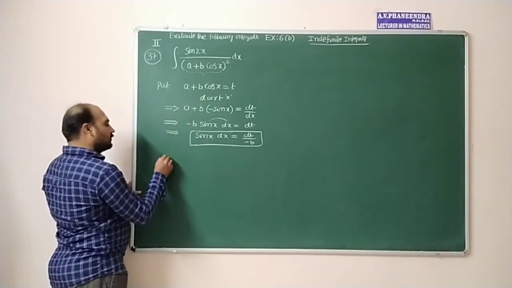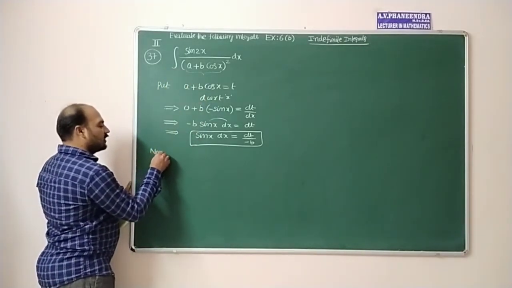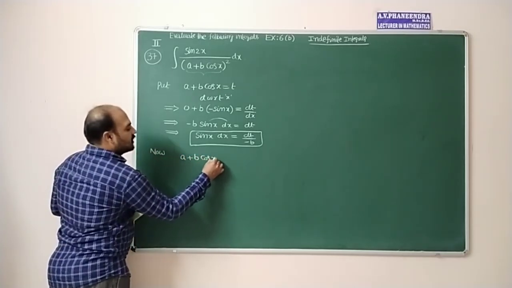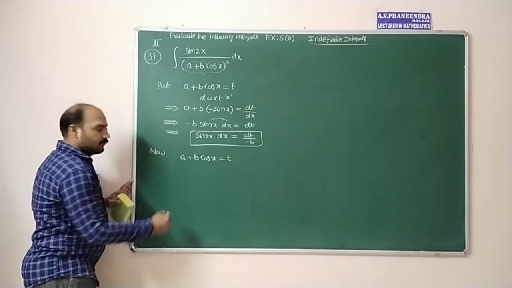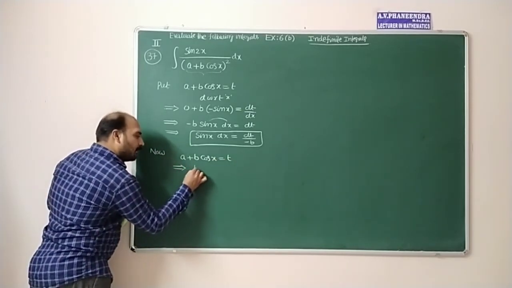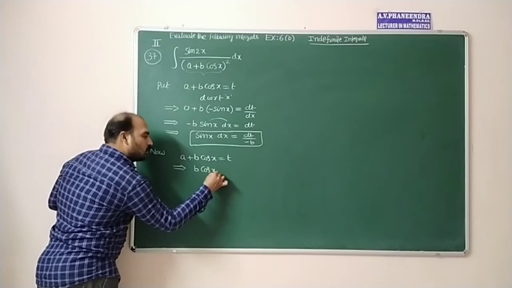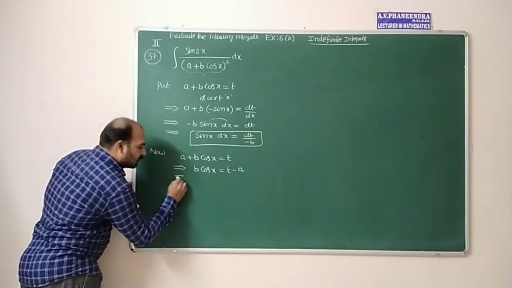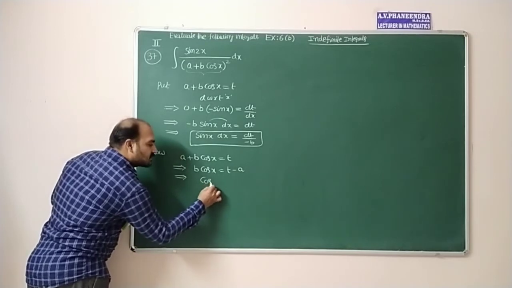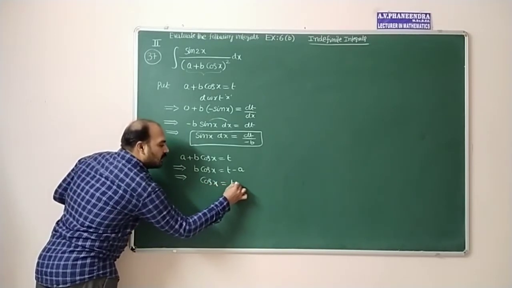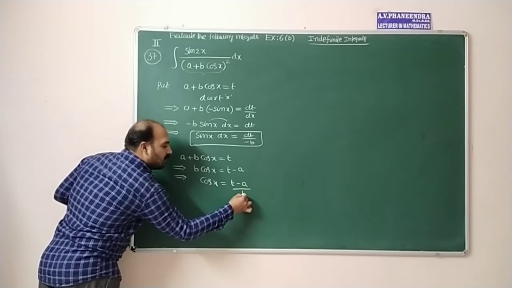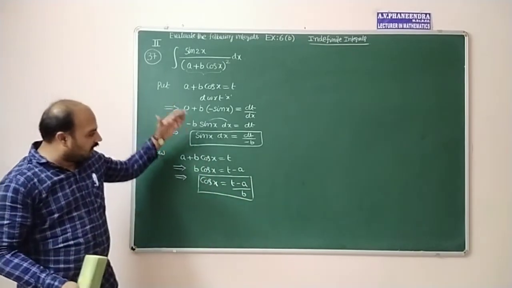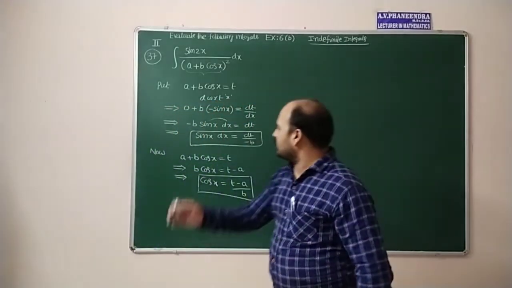Once again, considering that assumption, a plus b cos x is equal to t, that implies b cos x is equal to t minus a, but I want cos x, that implies cos x is equal to t minus a divided by b. This is the value of cos x. Now after getting these results, coming to the question,